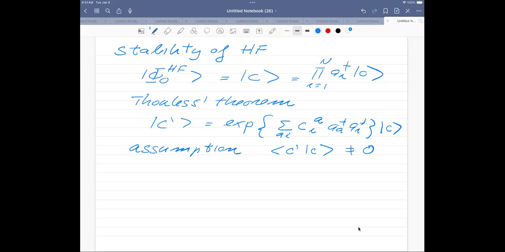So I can write a Slater determinant, a single-particle-based many-body wave function, in terms of a linear combination of particle-hole excitations. This is what the theorem says. We're going to prove it a little bit later, but now we're going to use it. What we did earlier is that we made a Taylor expansion of this quantity. So what we can do now, if we Taylor expand,